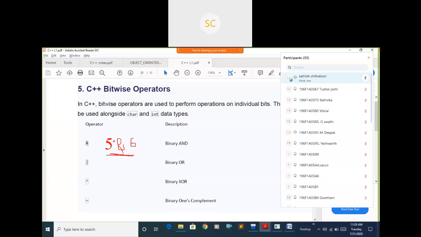How will it internally work? Internally it will perform the AND operation, but on individual bits. First, this 5 will be converted into binary form, and 6 also into binary form. Then it will perform the AND operation on those two binary numbers.